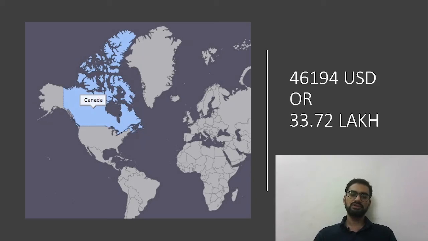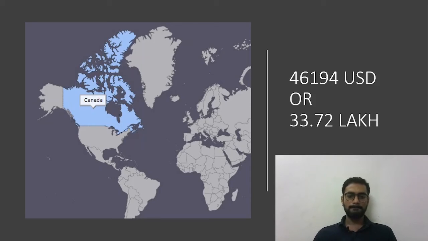Canada, so a lot of individuals from our country, especially Punjabis, is a popular destination. Canada stands at 46,194 US dollars, or 33.72 lakhs, right? So this is a significantly more improved number, and we would have to give credit as well, because the population in comparison to UAE and UK is higher for Canada. So even though this is a bigger country in size and in population, it is managing a quite significant and higher number, is very much